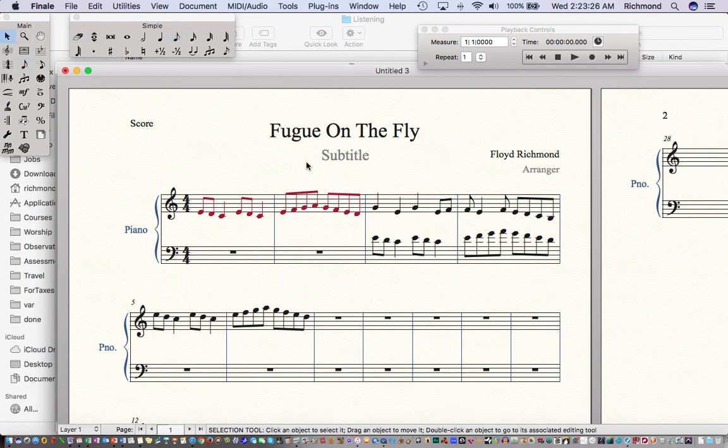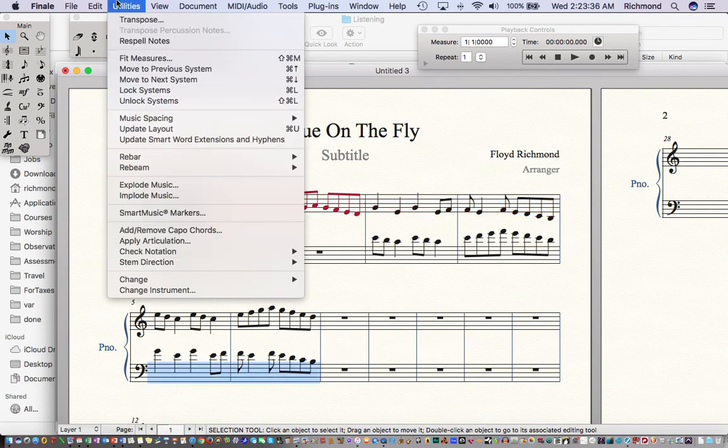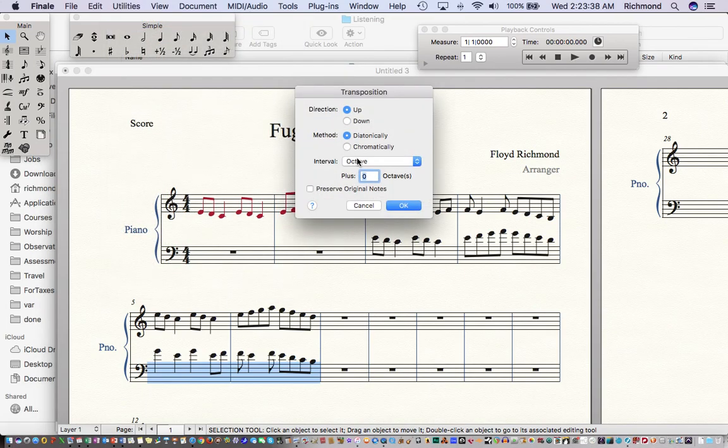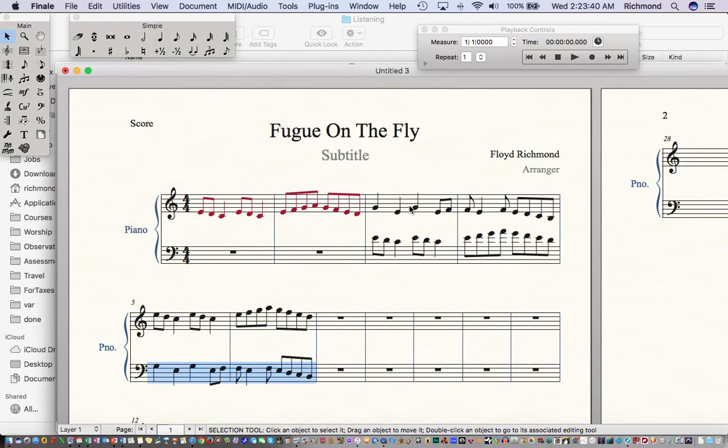Okay, so now we've got our counter melody written here. Let's take our counter melody here and drop it in here. This would not necessarily be the way that Bach would have composed this. He would have composed this perhaps with two different counter melodies. However, since we do need another counter melody to be happening in this particular piece, I'm going to switch over